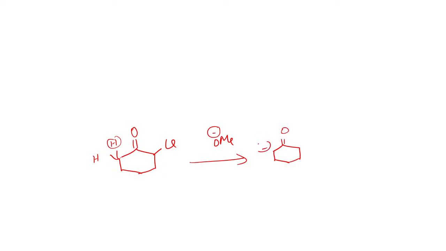For example, when you take this ketone, which has Cl at this carbon atom, and react this compound with, for example, sodium ethoxide, it can deprotonate this position and lead to the formation of a carbanion, which can undergo further substitution reaction to give